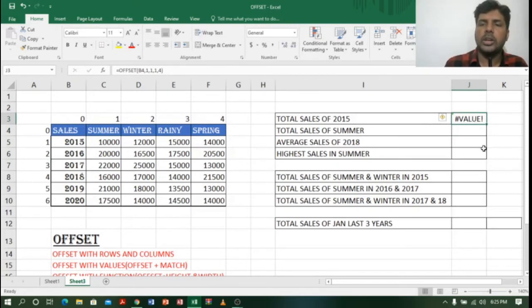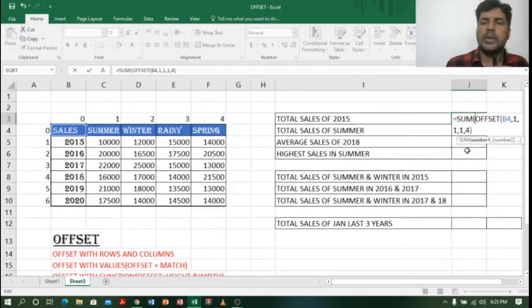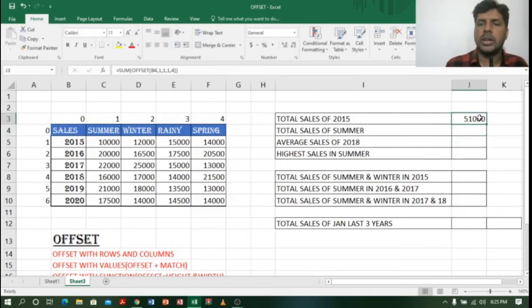Why did we get an error? Because OFFSET cannot show you all the values, right? So what we have to do is the sum. To do the sum, again I will put the SUM function before OFFSET and close the bracket, and you can see, nice, we got the answer